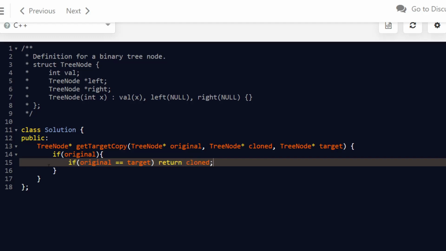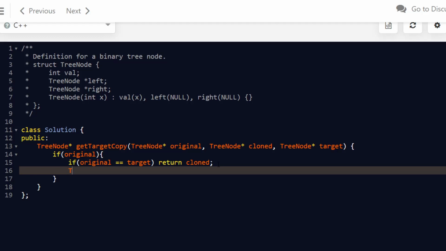At any point of time, original and cloned are pointing to nodes having the same values. So there is a one-to-one correspondence. If we found it, we return the cloned, else we have to continue our search. In this case, I am first searching in the left part and then the right part. You can do it the other way also, or you can do it in-order fashion also.